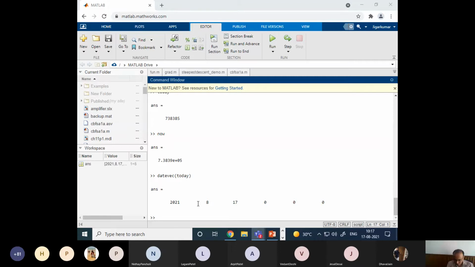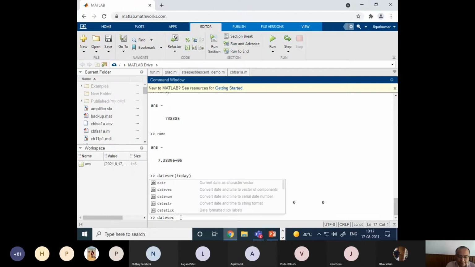So the first component of this answer is itself a vector. The value is 2021, then 8 related to August, 17 today's exact date, then hour, minute, second, it will not return because today is a function which only handles the date, not the time. If I want to know the time also,